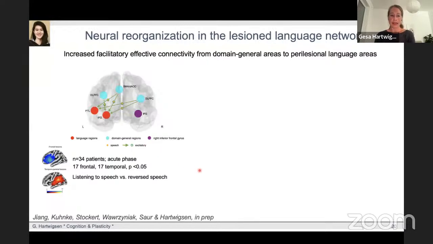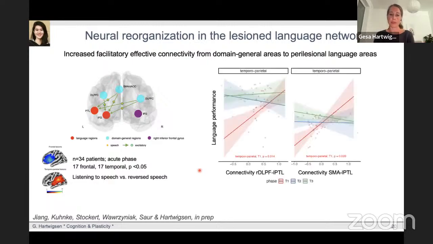And I found that very interesting because the previous studies had already shown that later in the subacute phase, we have a strong increase in task-related activity. And here we see that the functional interaction already kicks in quite early. And now the question is, of course, is that just probably induced by the stroke, or is that meaningful? Is it correlated with good or bad performance?